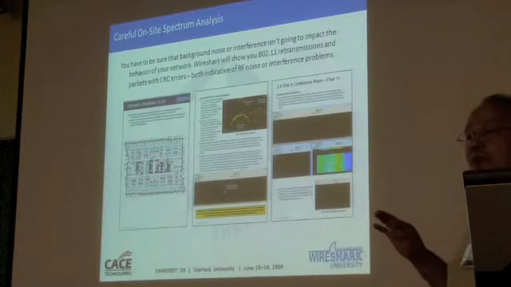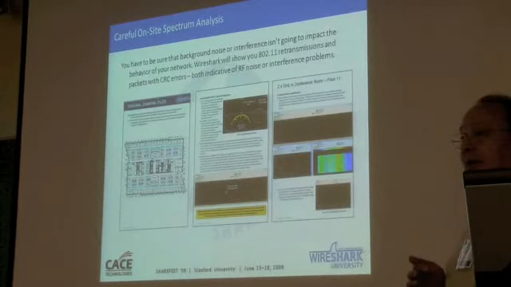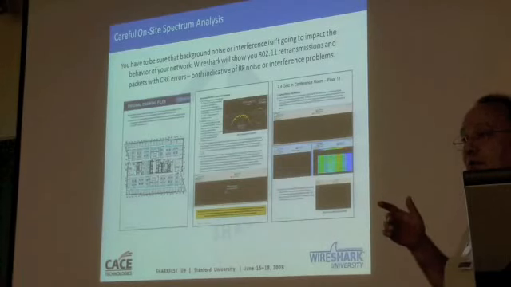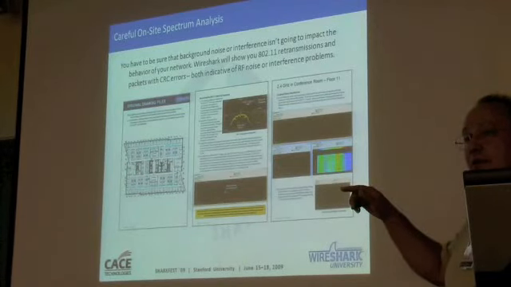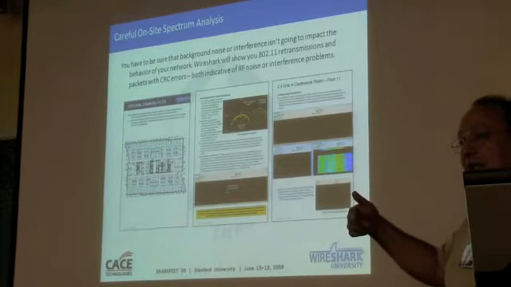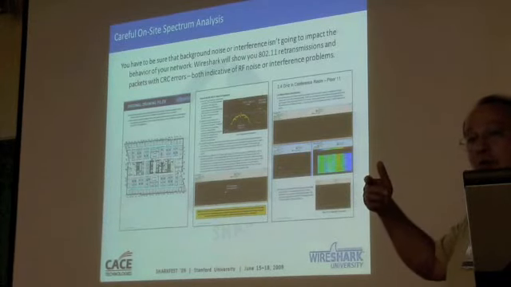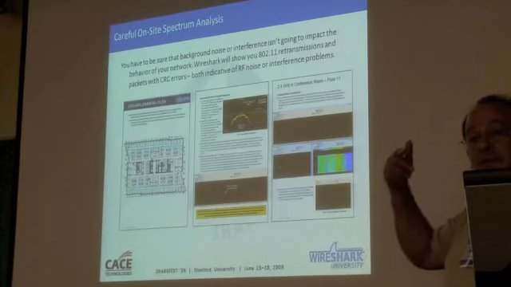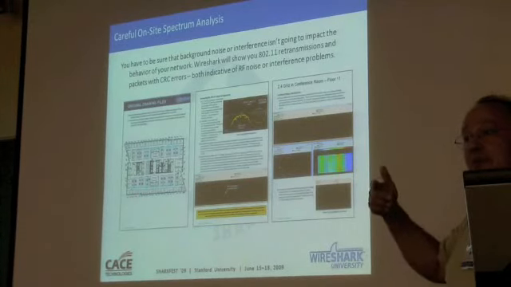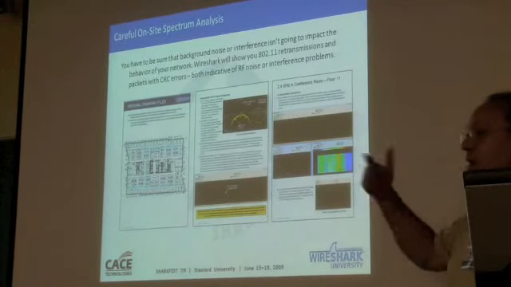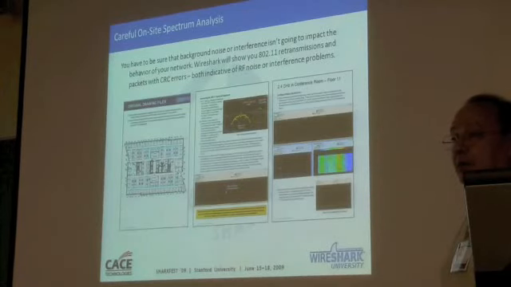Because we use Air Magnet Survey Pro, we run Air Magnet on all the engineers' notebook computers, and it shows us signal strength. A nice graph of signal strength. But whenever we do packet analysis, we save a trace that we may have captured with Air Magnet, we pull it into Wireshark, because the filtering and data manipulation capabilities in Wireshark, in my opinion, are much better than what you see in Air Magnet.